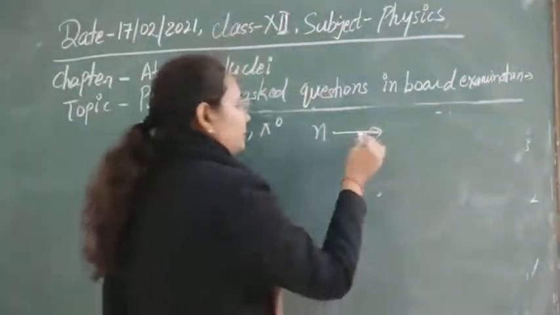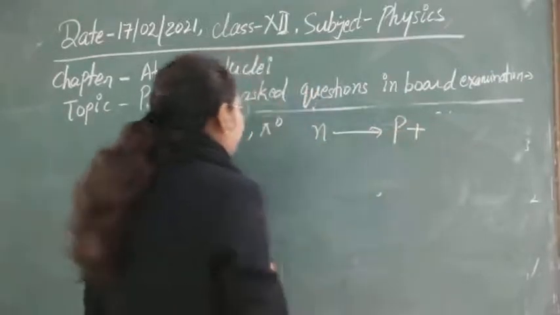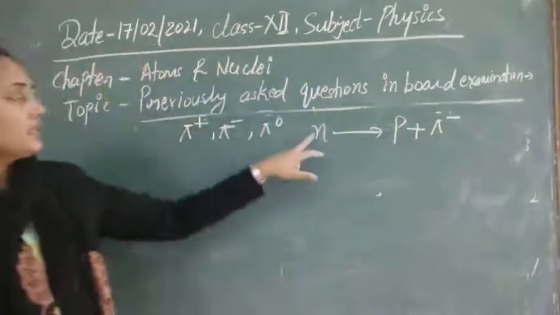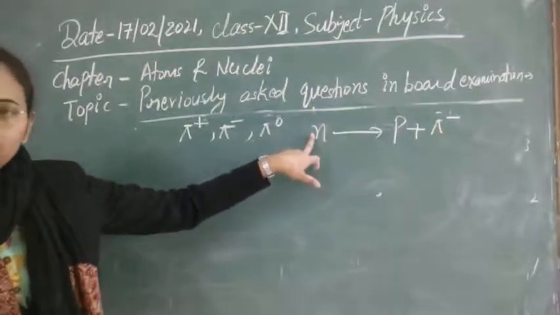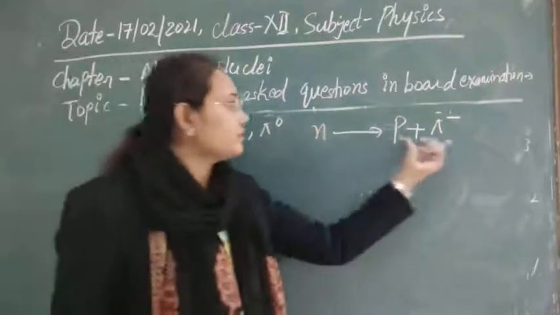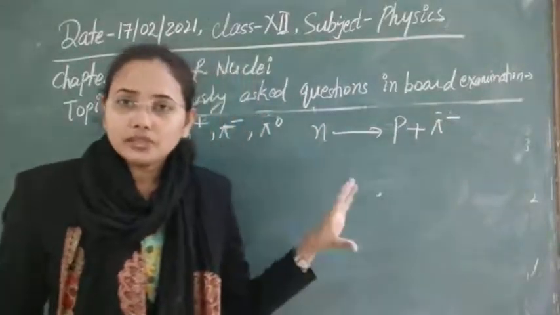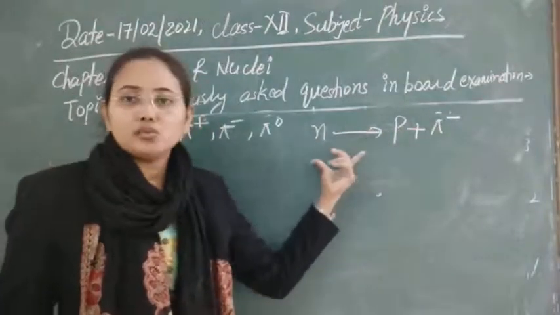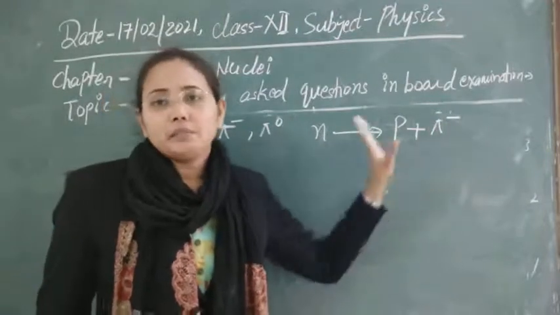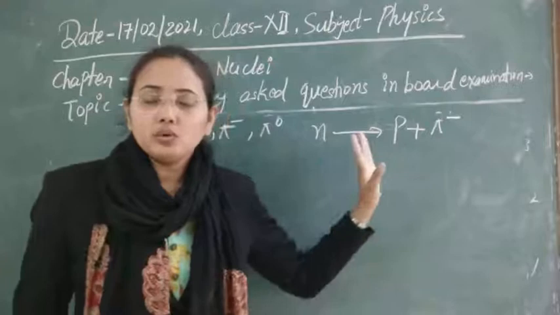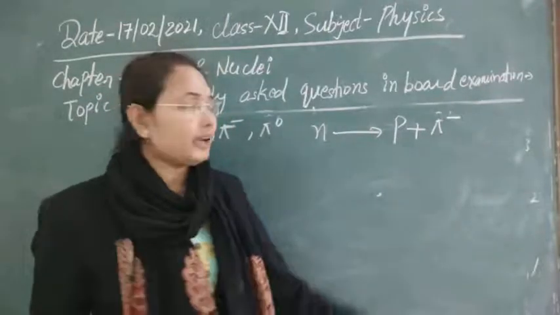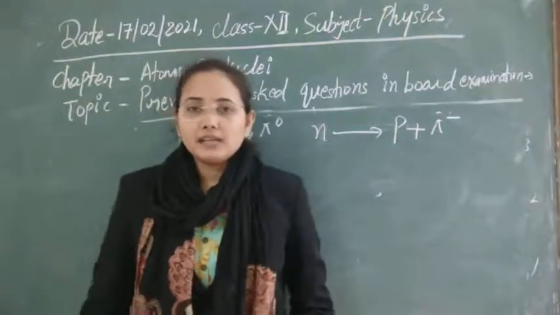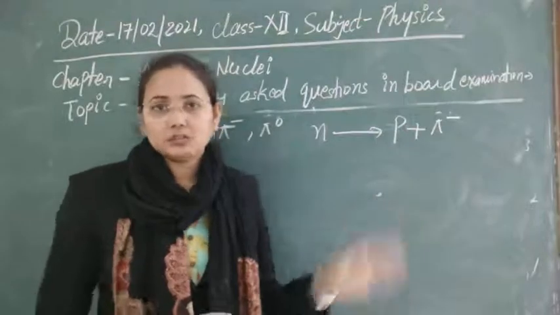Like a neutron can be converted into a proton by emitting a negative pi meson here. Obviously you can see that the charge on this side is 0, and this side is also 0. Means all the conservation laws will hold here also, as the masses of these two are nearly equal, and obviously these are massless particles. Clear? So there is no change of any kind in the conversion process. So it means that simply they can be interconverted by using these particles.